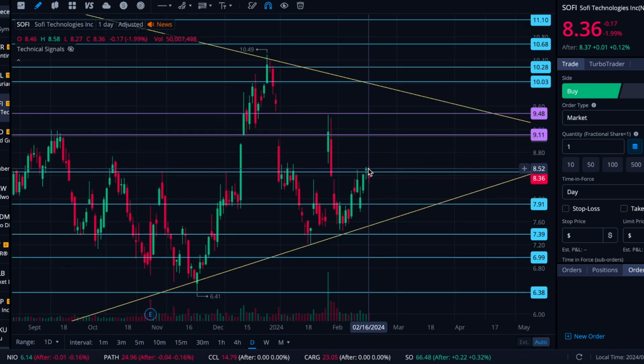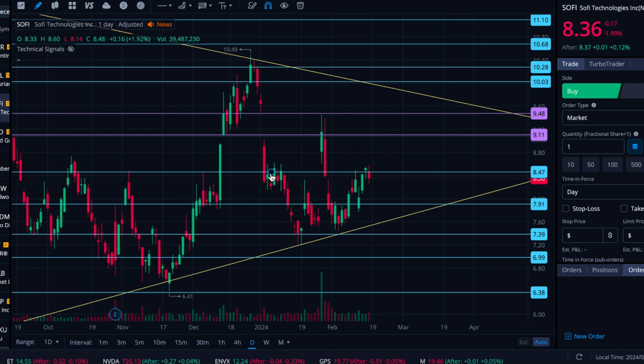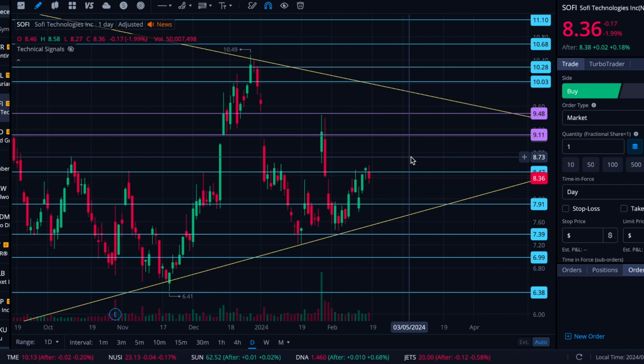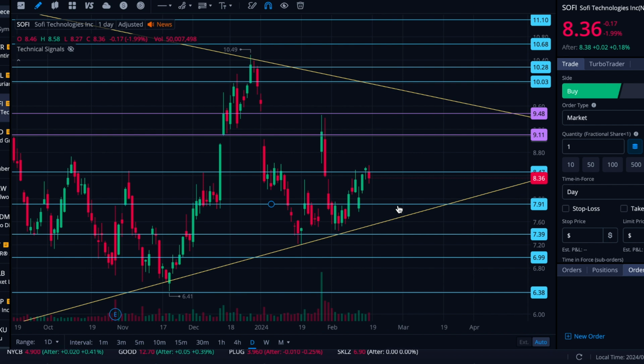Now, as far as levels go, a basic gist is we have this 8.47 level that we've had on the chart for a very long time. It's done a good job respecting that historically, even here before it gave way, and now it's back up to that level. So I put in this little bit of a W formation, and I'm curious to see if it's going to be able to flip that 8.47 to support, or if it's going to pin itself to it and walk sideways,